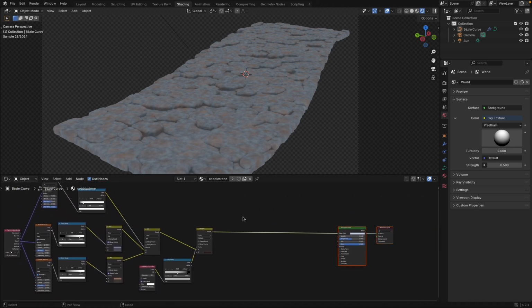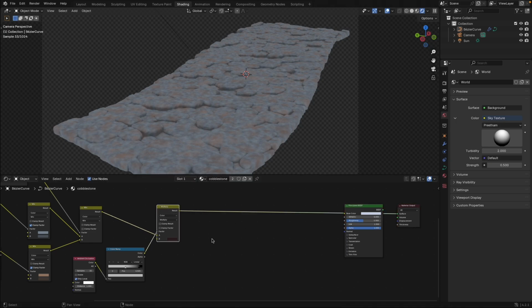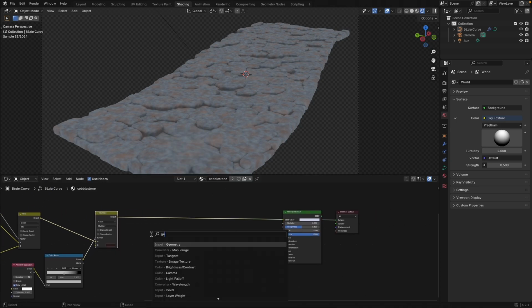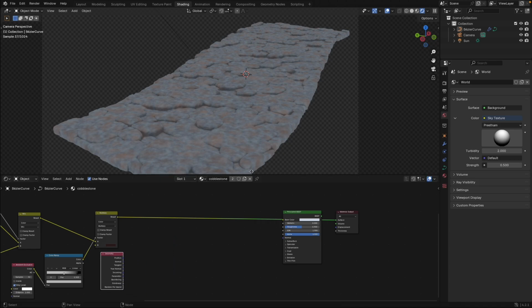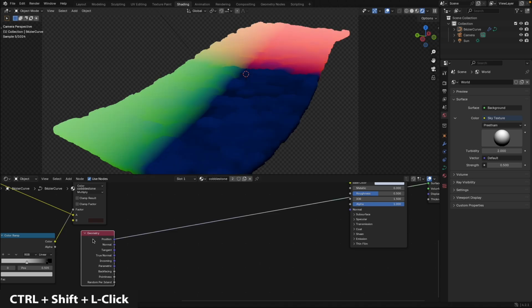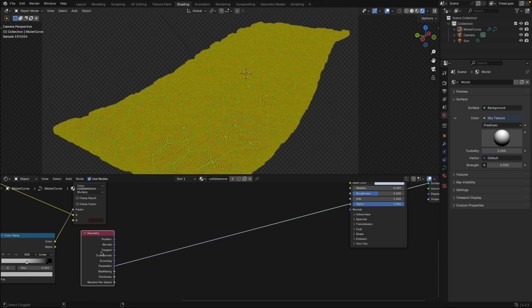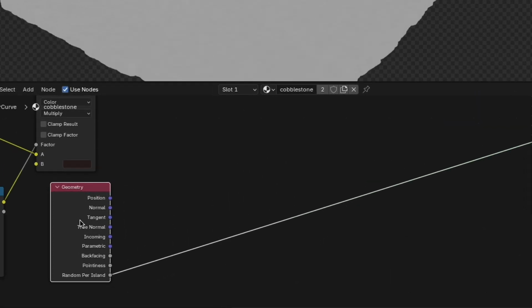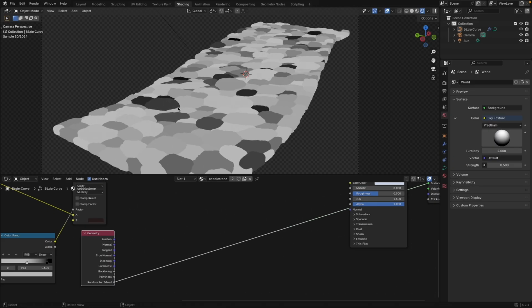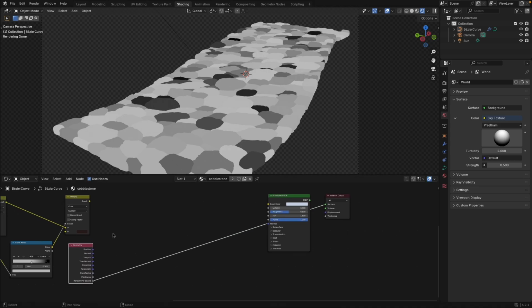Okay, now we also want to randomize the hue, saturation, and value of these individual stones. So you might think, well, how are we going to do that? It's all one mesh from our geometry nodes network. It's a procedural setup. Well, there's this really awesome node called a geometry node, not to be confused with geometry nodes. But here we have a geometry node, and if we Control Shift click and view through this, you get all kinds of really fun, interesting data from this node. In particular, there is this random per island node. And look at that. We have a black and white mask of every stone that we created in our GeoNode setup. So lucky for us, we can use that to randomize